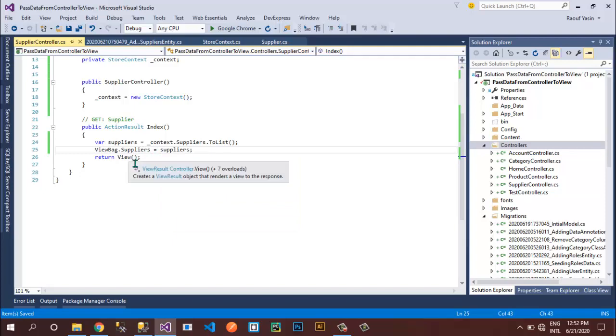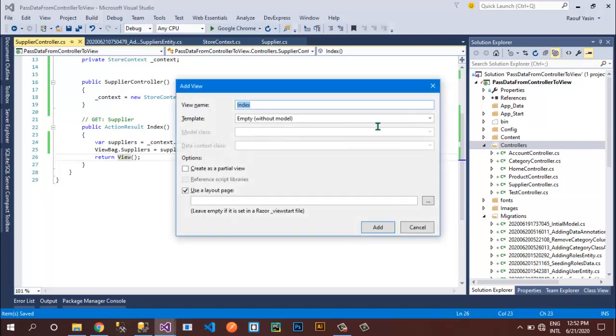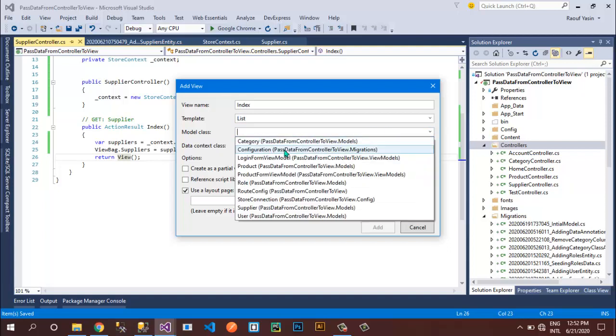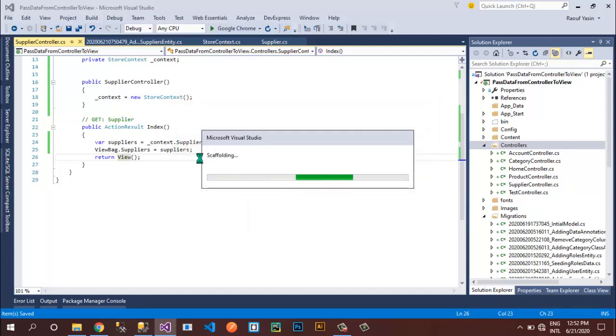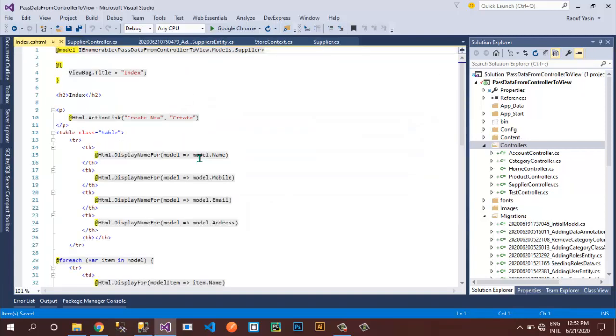Okay, and now I right click on view and then add view, MVC 5 view, index, and I will specify a list. I will change this list a little bit, but I need to generate that HTML for me, and then I will change it.